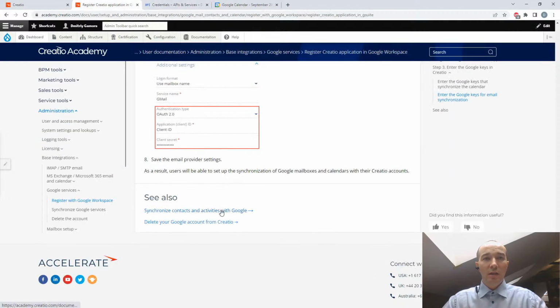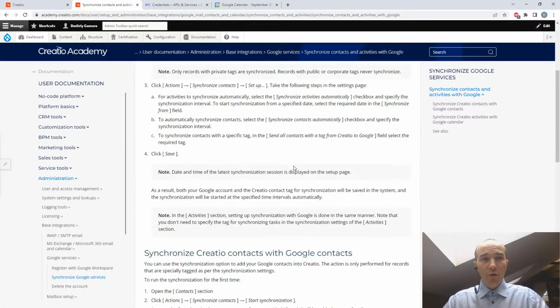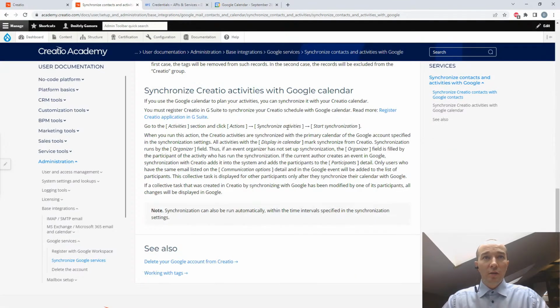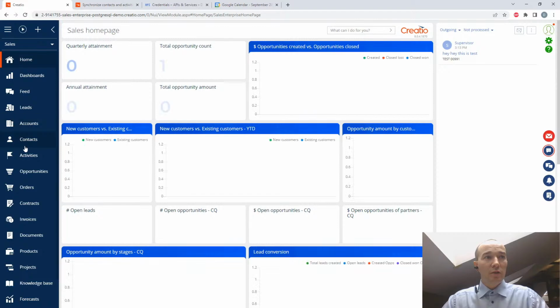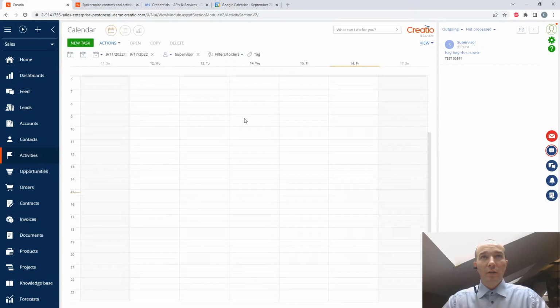Synchronize contacts and activities with Google. Please note that starting from version 8, contacts synchronization is no longer supported, but we're interested in synchronizing activities. So we can go to activities section, synchronize, and start synchronization there. And so if we create an activity at Creatio, by the way, it makes sense to look at it like this. So if we create a new activity,